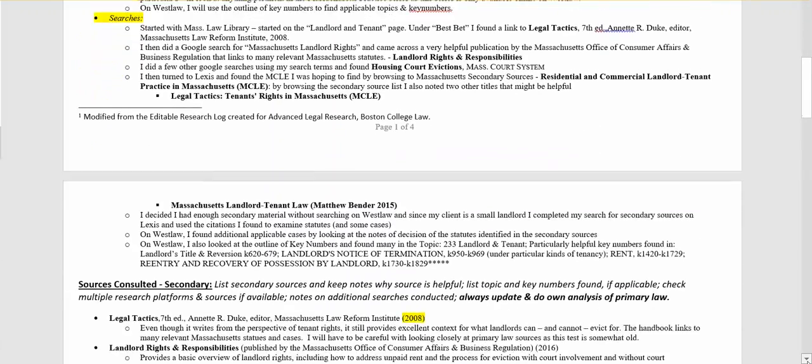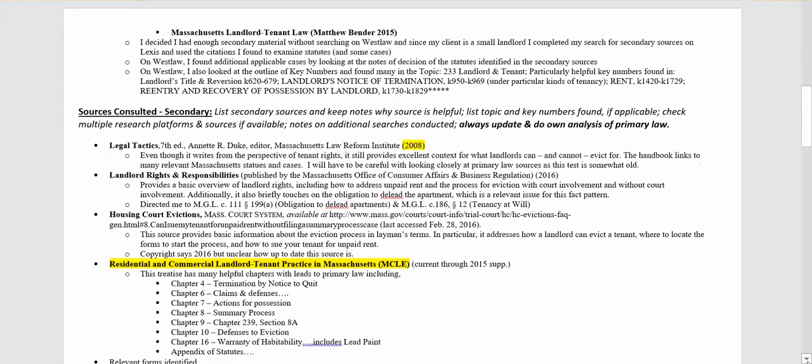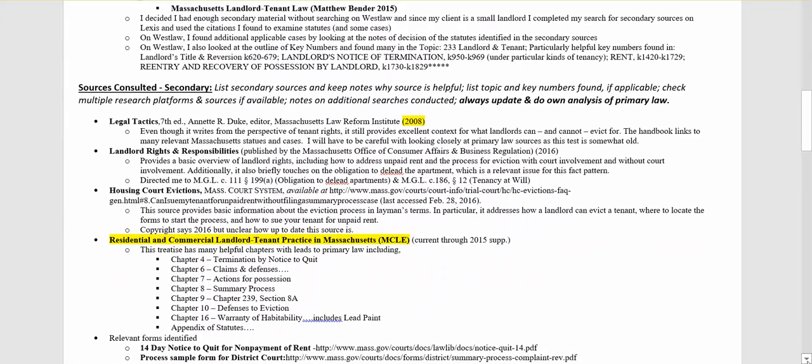Okay. And then I break it out so when I do my secondary sources, I list the sources themselves and why they're important. A couple of notes here. I like to know what the date is so I can tell currency. So this is something you should be noting for all your sources, is how current it is. When you take a look at a source, one of the things that tells you how helpful it might be is how current it is. Because if it's not very current, then you have to think about how much updating you're going to have to